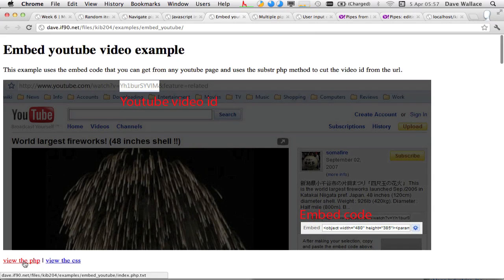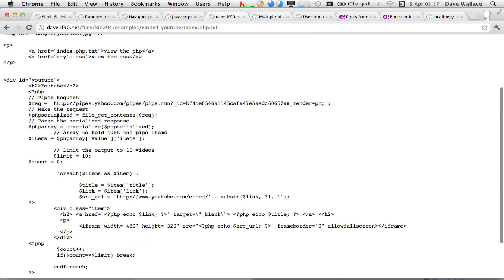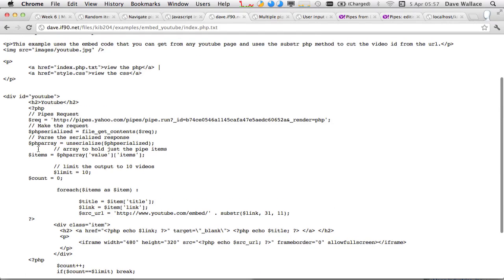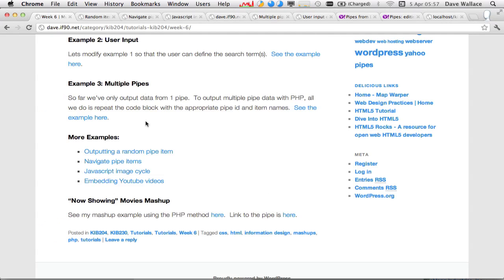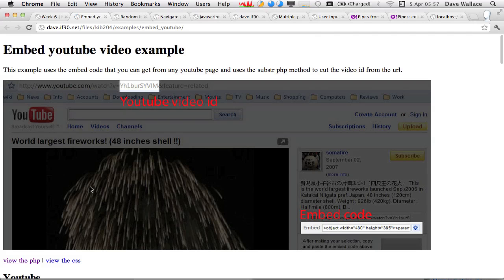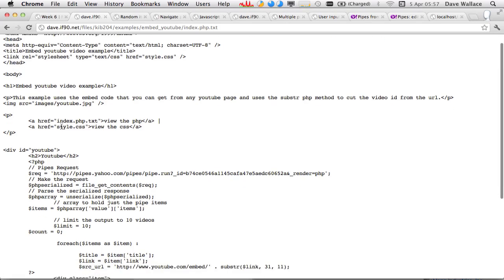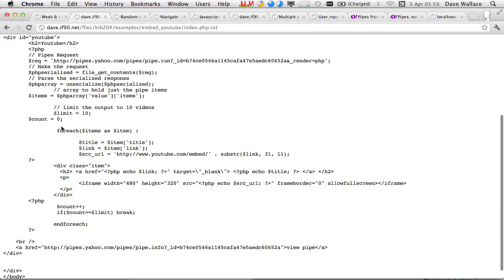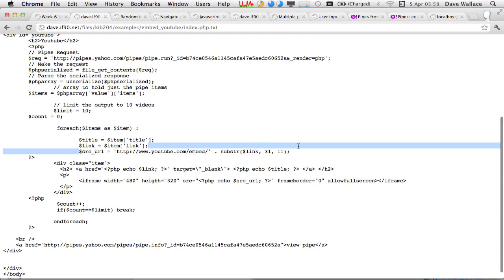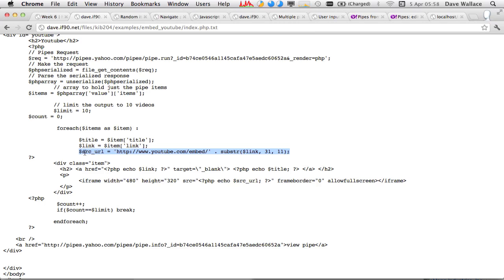So you'll probably want to have a look through this PHP code here. It's very similar to the examples already. It is this embedding YouTube videos link. If you go to that and click on view PHP, there's just a section here. You could essentially just copy and paste this code, and it's basically grabbing the URL out of the pipe feed, but then it's using this function here,